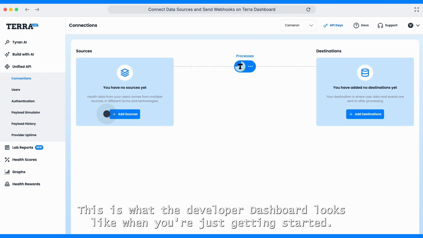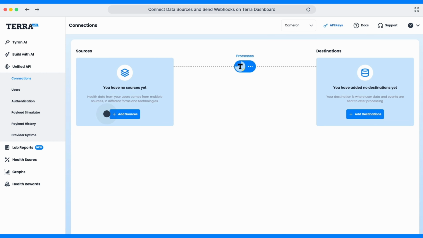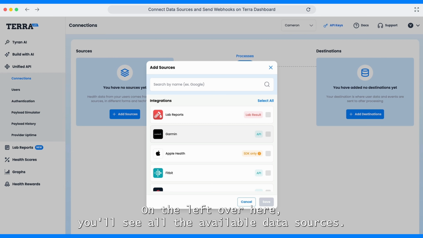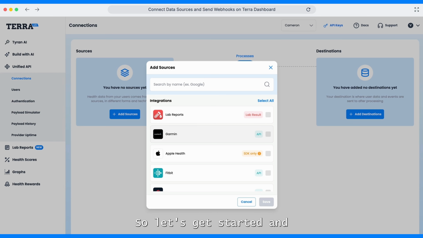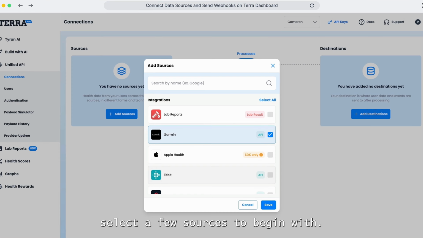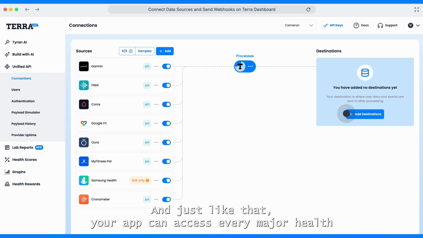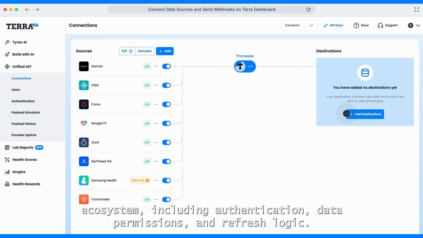This is what the developer dashboard looks like when you're just getting started. On the left over here, you'll see all the available data sources. So let's get started and select a few sources to begin with. Great. And just like that, your app can access every major health ecosystem, including authentication, data permissions, and refresh logic